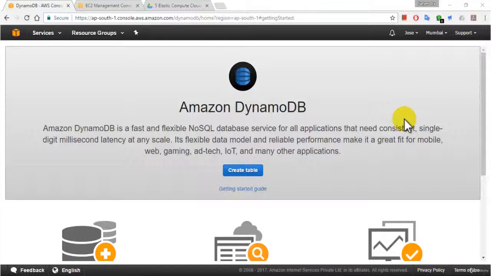So Amazon DynamoDB is a fast and flexible NoSQL database service for all applications that need consistent single-digit millisecond latency at any scale. It is a fully managed database and supports both document and key value data models. Its flexible data model and reliable performance make it a great fit for mobile, web, gaming, ad tech, IoT, and many other applications. So if you talk about configuration of DynamoDB,